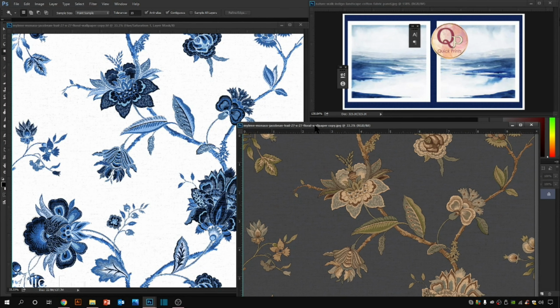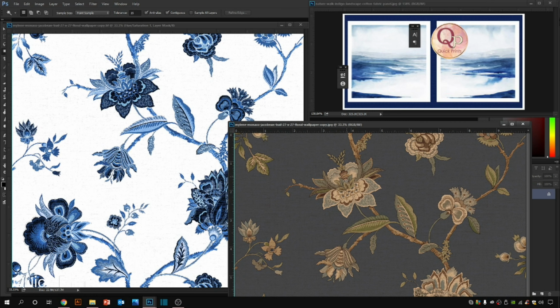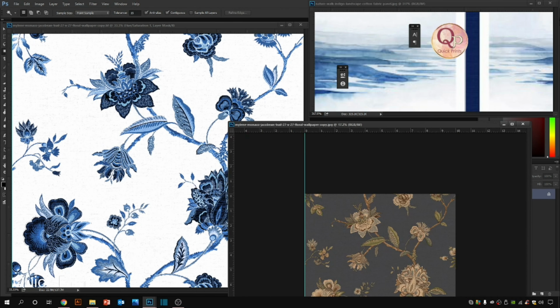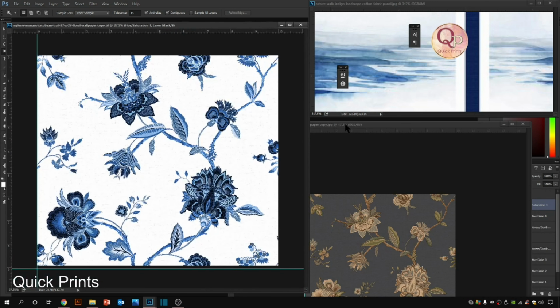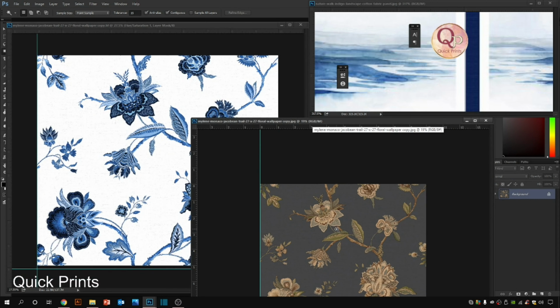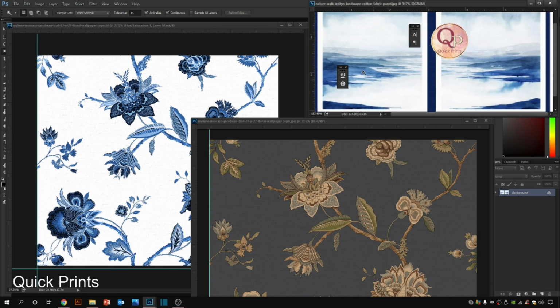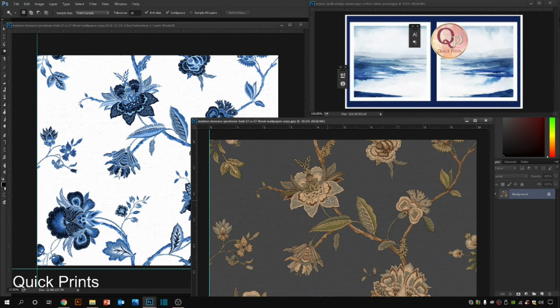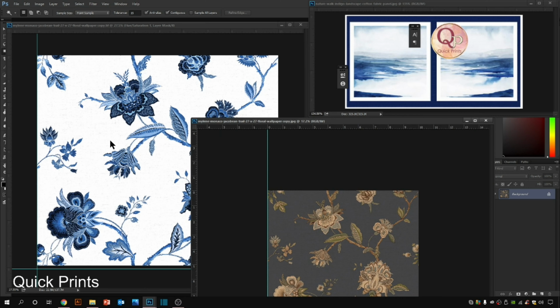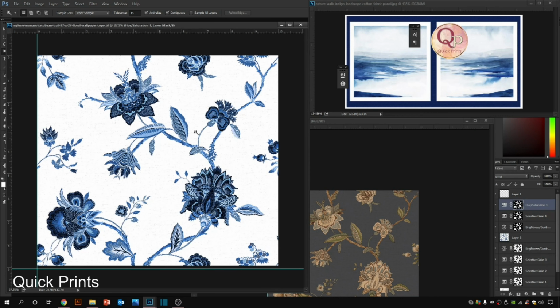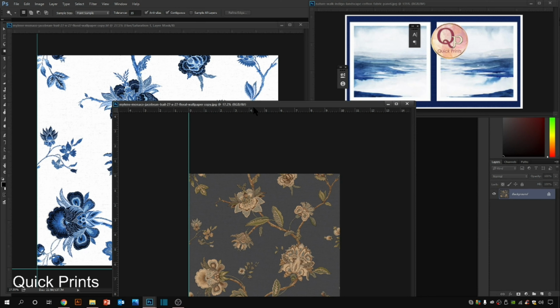So as you can see, there is a reference image on my screen. This is the reference image, this is the artwork, and here is the final result. Most of the time we have artwork but usually we have something different from the color reference. So we are going to use this indigo image as a color reference, this artwork as the original artwork, and this would be the result. So without wasting time, let's start the video.